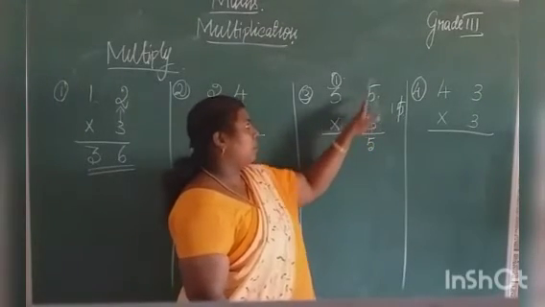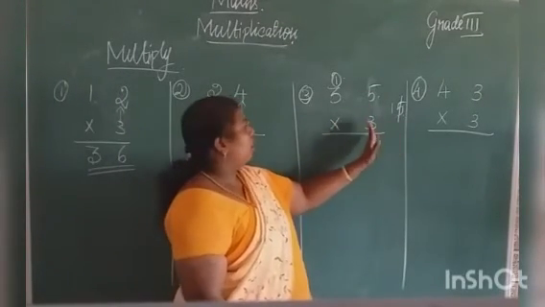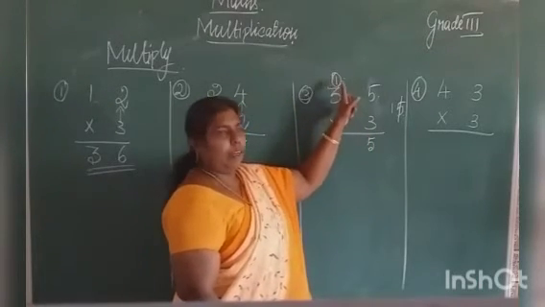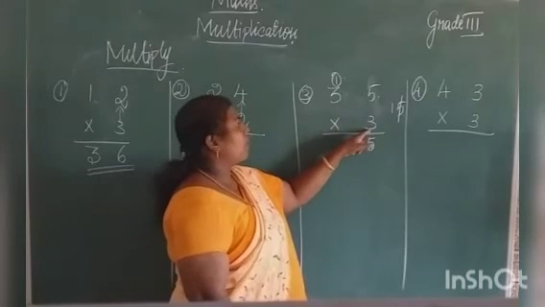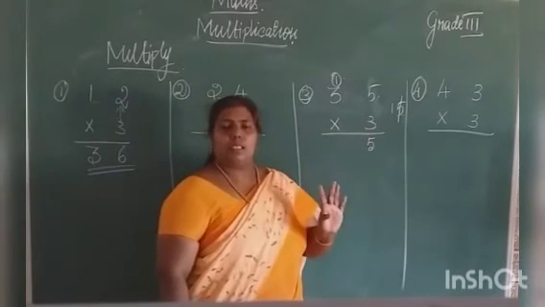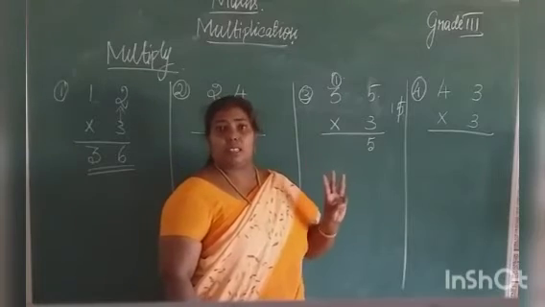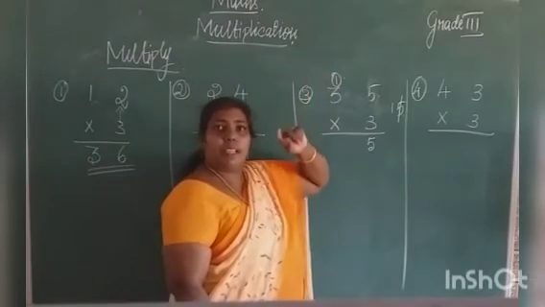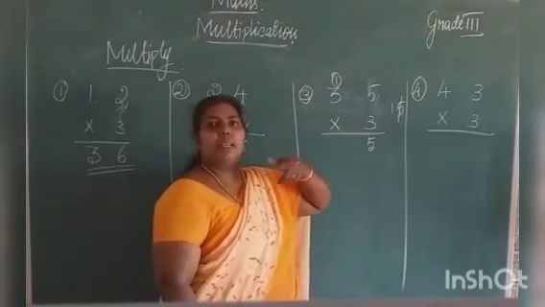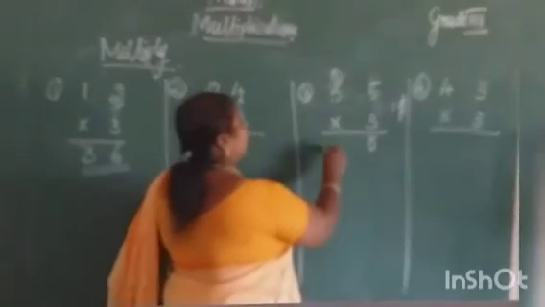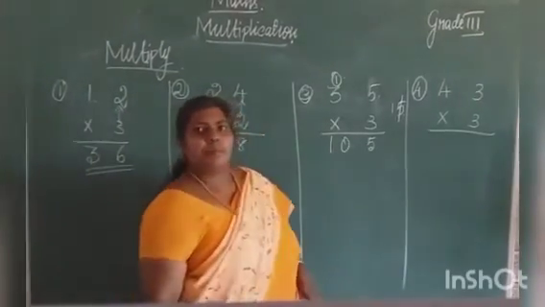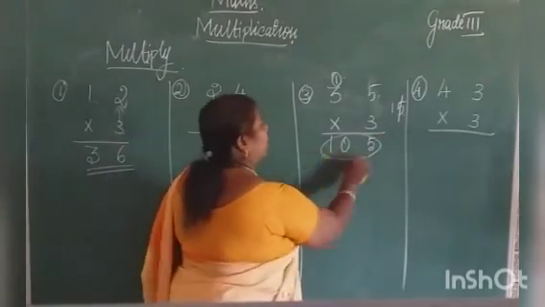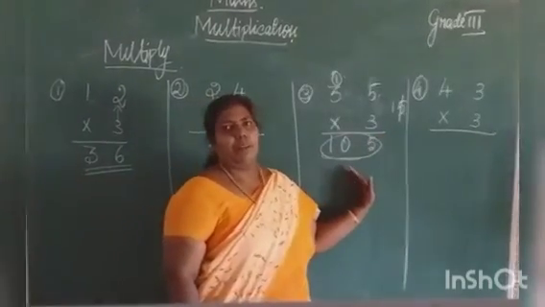Now actually we multiply these two numbers. That is over, isn't it? Now we are going to multiply these two numbers. Okay? Then we have to add that value. Now first we multiply these two numbers. 3 multiplied by 3. 1 3 is 3. 2 3s are 6. 3 3s are how much? 9. Then we have to add this value. 9 plus 1. 9 plus 1 how much? 10, isn't it? Yes. That 10 you are going to write here. So 35 multiplied by 3, what is the product? The product is 105. Do you understand?